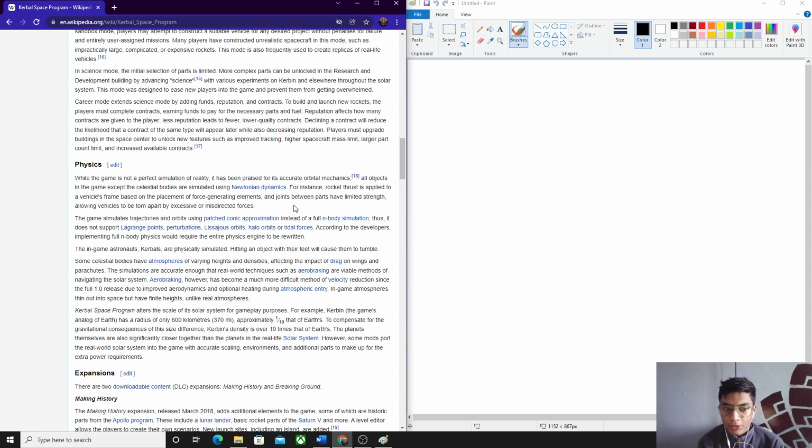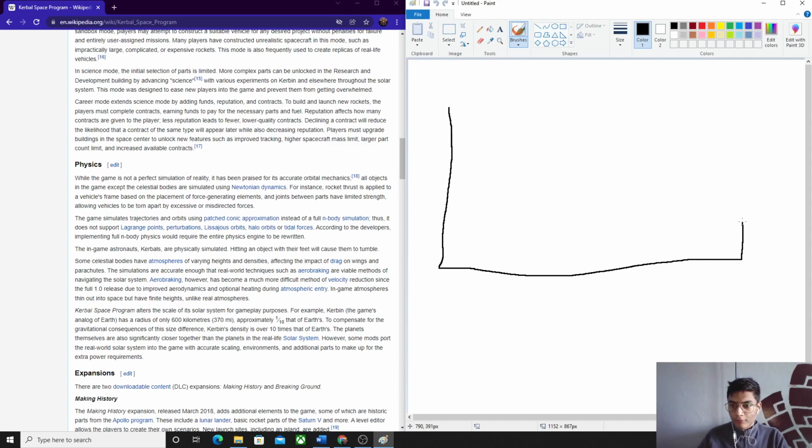Some celestial bodies have atmospheres of varying heights and densities, affecting the impact of drag on wings and parachutes. The simulations are accurate enough that real-world techniques such as aerobraking are viable methods. That was the full 1.0 release. So my inspiration is this: let us consider this is my Windows screen and we are